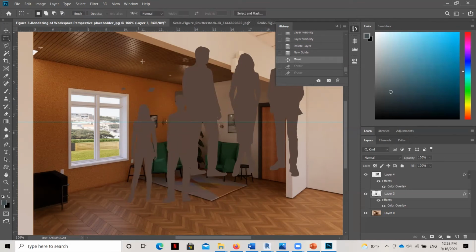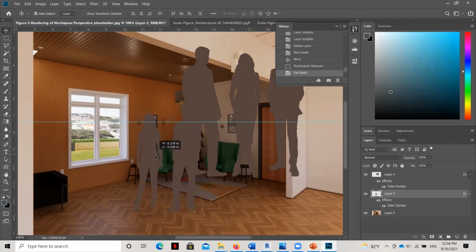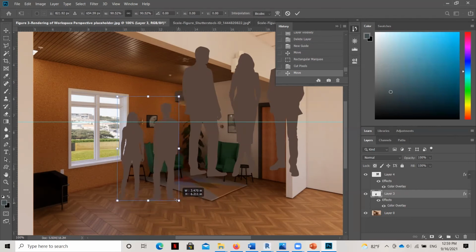Let me go ahead and just grab them here. That'll be quicker. Okay, so now I have their eyes. I'm going to put her eye level right at the height of that piece of artwork. And right now you can see they're standing really close to the foreground, so I can move them over just a little bit. And I can make them smaller by transforming them if I want to put them a little farther back in the scene.